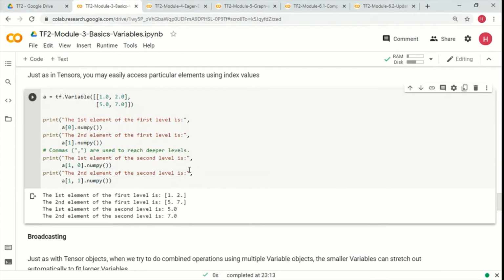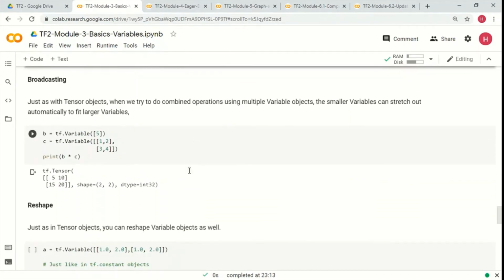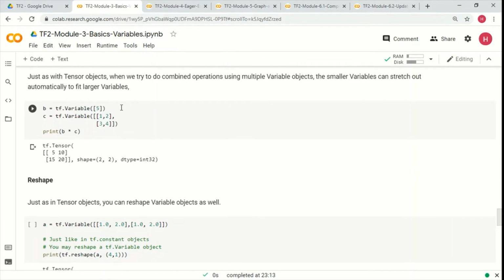Okay, so the index works exactly the same as with tensors, which we had discussed in our first video as well. The concept of broadcasting also remains the same. That means if you're trying to do an operation with two tensors or two variables in this particular case, and the dimensions are different, then the variable with the smaller dimension is going to be stretched to the dimensions of the bigger variable, and then it will do the multiplication, right?